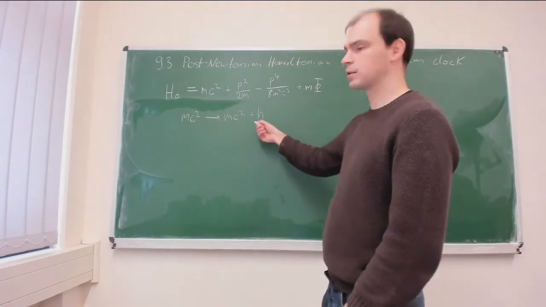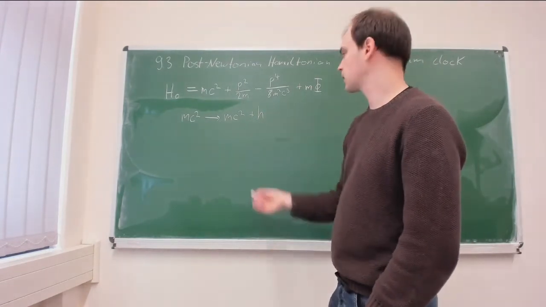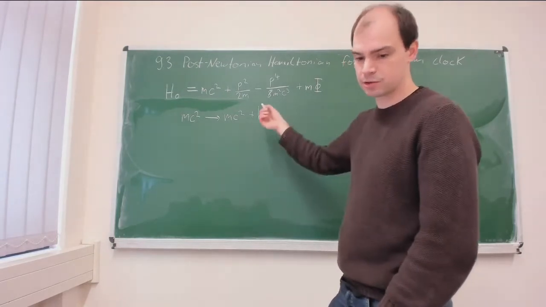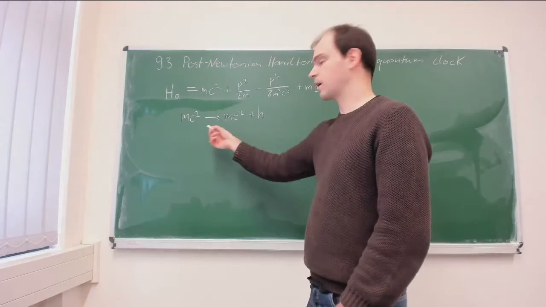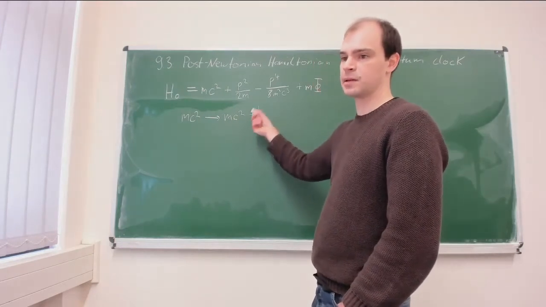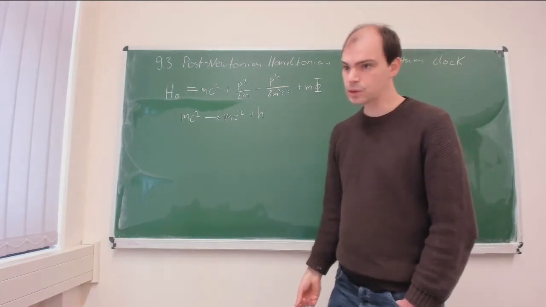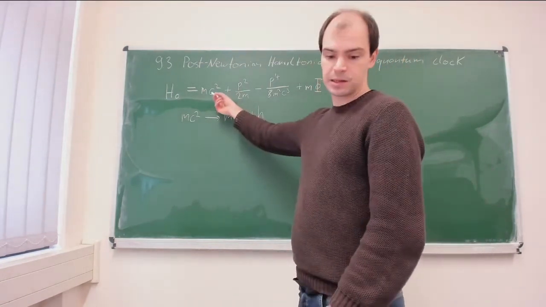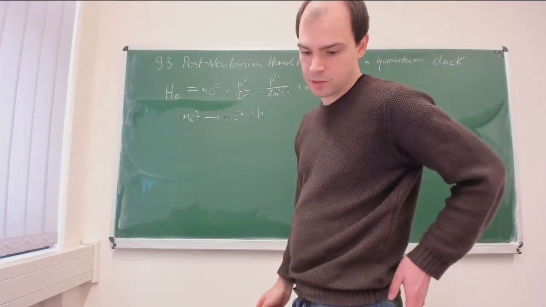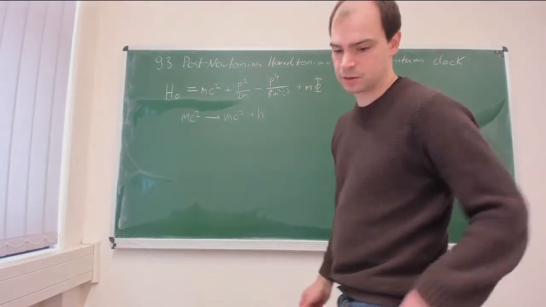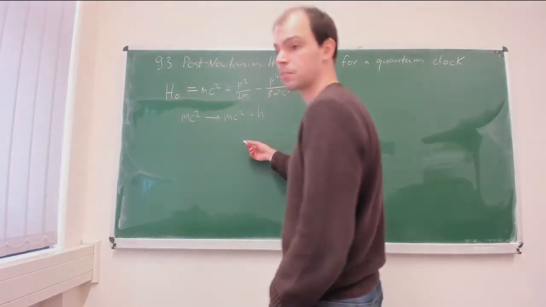So small h is the Hamiltonian for our internal system, the Hamiltonian for our clock, or the internal energy of our system. So instead of having the mass, we have the mass plus the internal energy divided by c². So if we make this replacement in this equation, again in the lecture notes you have the full calculation, but after this replacement,